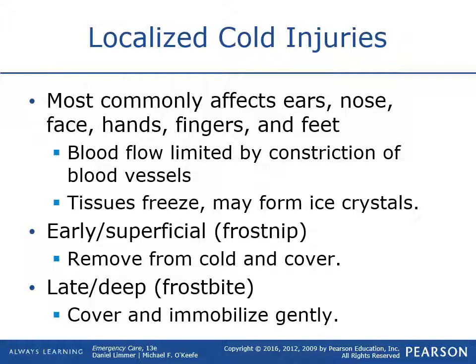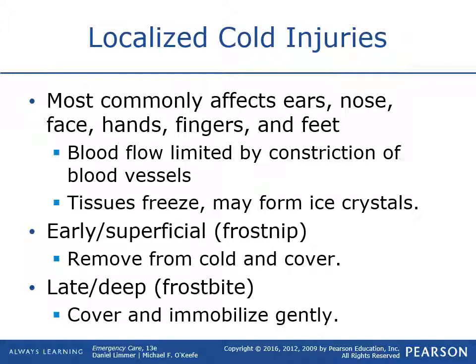With localized cold injuries, most commonly it's the stuff that's furthest away from the body, that doesn't have a lot of blood flow: your fingertips, your ears, your nose, your toes, and then your face. Those are areas that you've probably all been susceptible to, living in West Virginia. So you've probably sensed what gets cold first. Those are the areas most susceptible to local cold injuries, so that basically the tissues can freeze and the blood inside will crystallize.